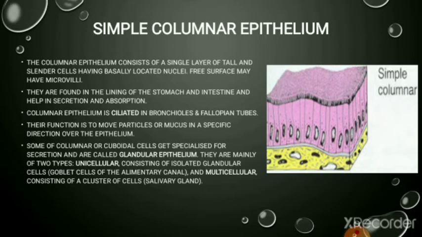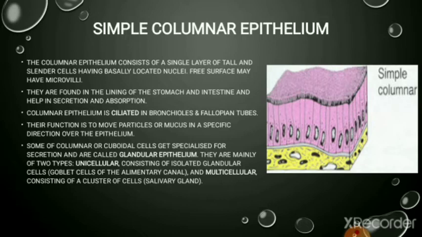It may be possible that at some place in the body, the cells of simple columnar epithelial tissue may have some microvilli or finger-like projections. These tissues are found in the lining of the stomach and intestine, and they help in the secretion and absorption of material. Basically, it is the general function of all kinds of epithelial tissue, like protection, secretion of substances, absorption of material, and help in the transportation of material. So these are the general functions of all kinds of epithelial tissue.